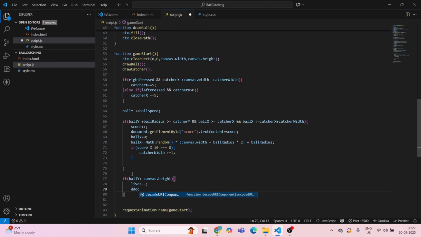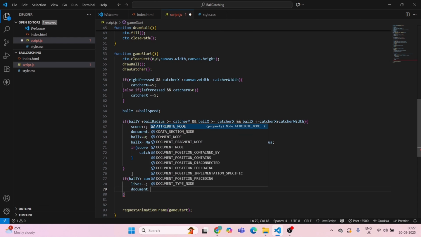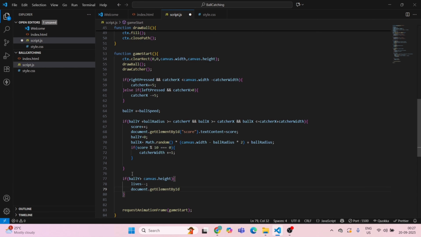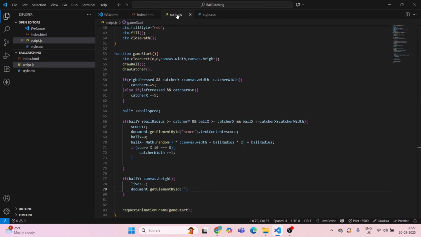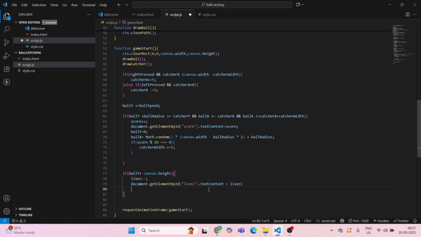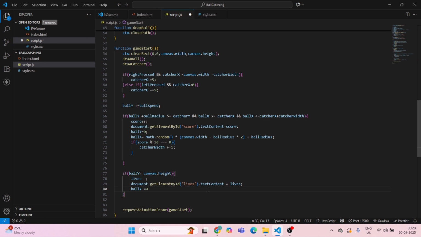So document dot getElementById, round brackets, and this will be lives. So just copy this, paste it here, lives dot textContent is equal to lives, ball y is equal to 0,